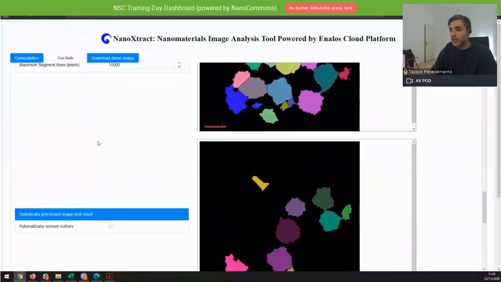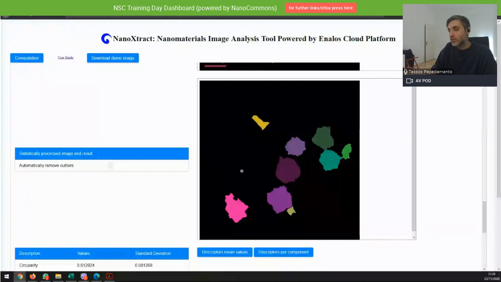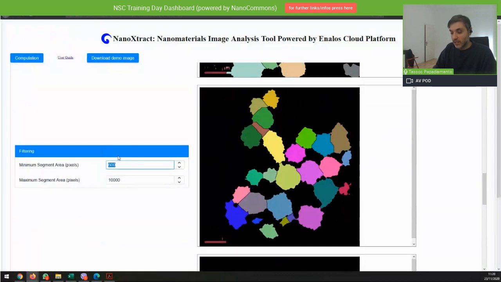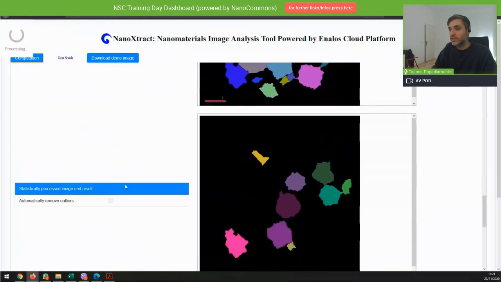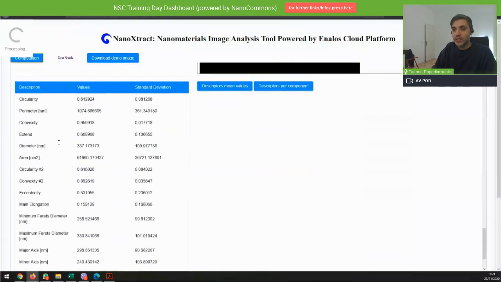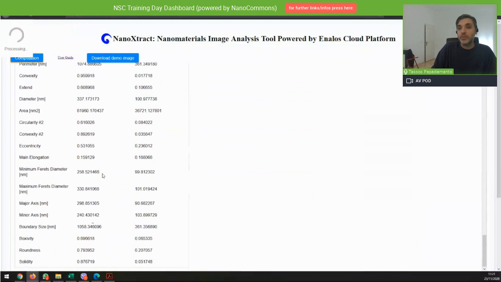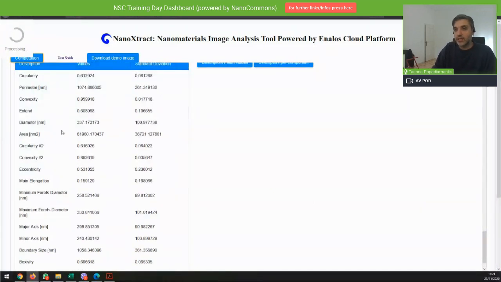You get some, okay, this needs a bit more working. So you get, let's say, you see the circles here. I need to increase the thresholding value, the filtering value a bit more to remove this. But then eventually we will get a decent estimate of the circles, let's say their diameter,